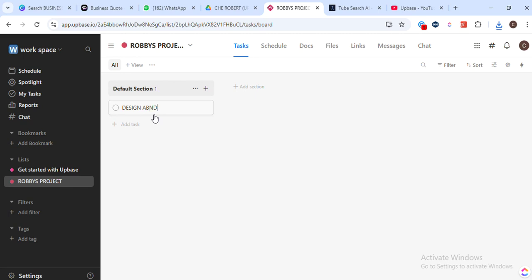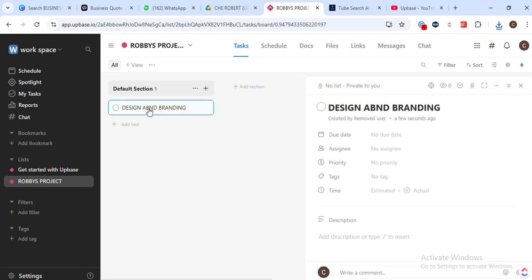Now it's time to create a subtask. Click on your main task and then click on Add Subtask. Type in your subtask title and hit Enter. This helps us because subtasks are the branches off your main task, letting you break down complex projects into manageable